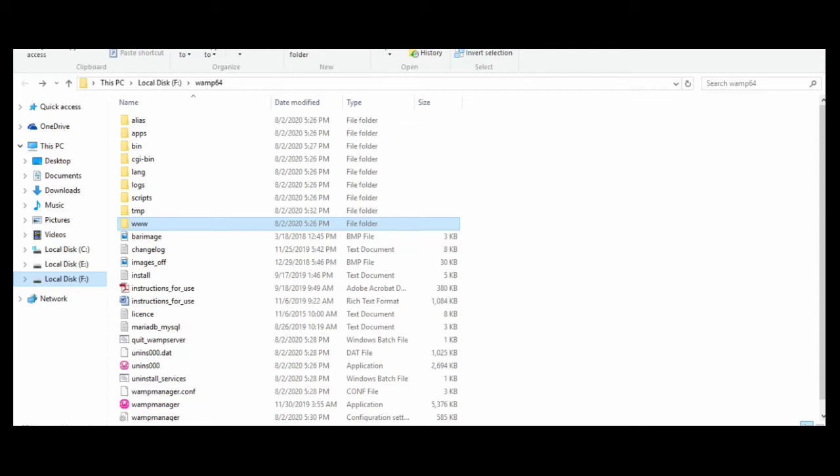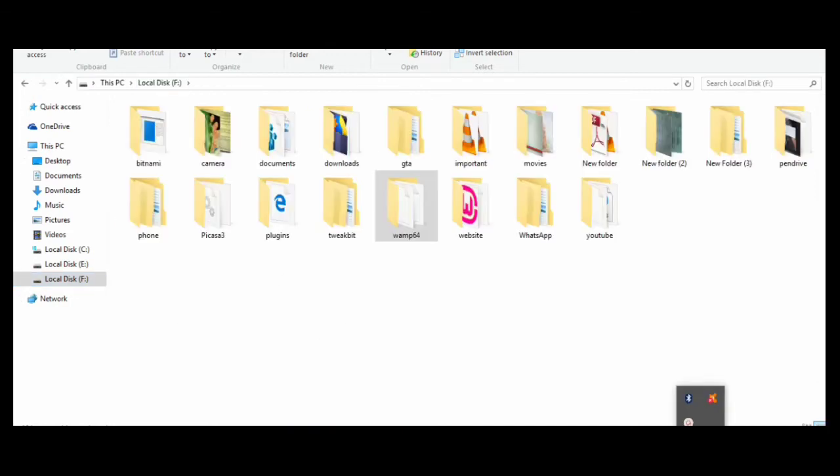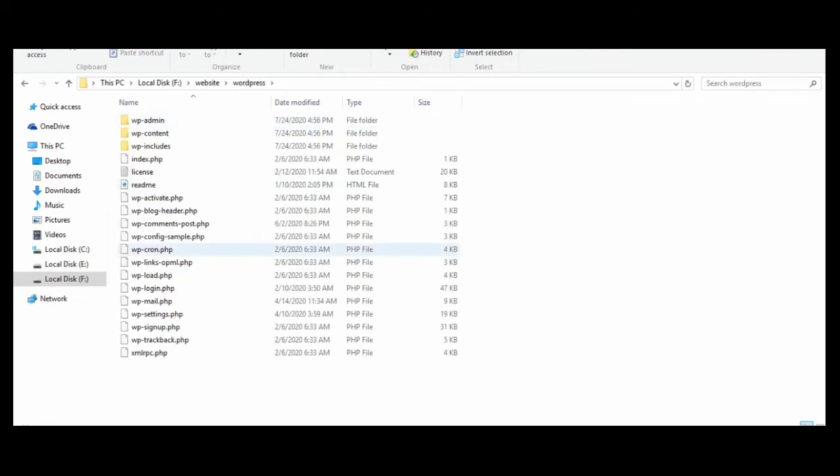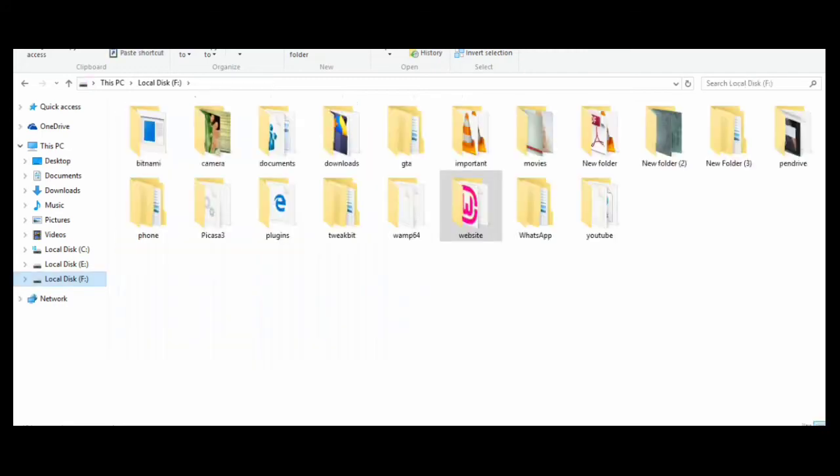I had my WordPress files downloaded in my local disk F. So I move to it. Here you can see that I extracted WordPress 5.4.2 over here. Now these are the files that I need to copy and paste in my www folder.